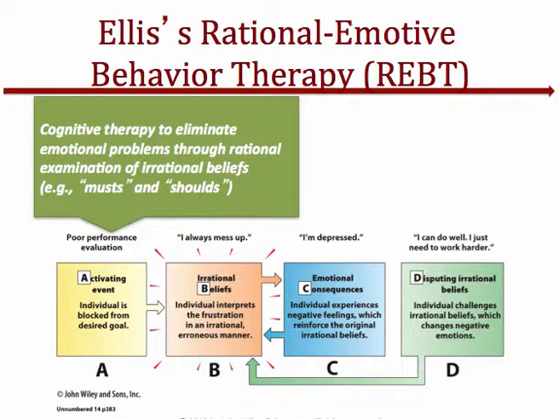One is Albert Ellis's rational emotive behavior therapy. This is a cognitive therapy that attempts to eliminate emotional problems through rational examination of what are assumed to be irrational beliefs. That is, anytime you hear the word must, should, always, never, these are believed to be reflective of misinterpretations or irrational beliefs, because it's very rare that we must do things, and when we think that we should do things, the idea is that, well, there's not necessarily a reason why we should do them. We may want to, but whether we should or must or need to do those things, it's believed that that's where the